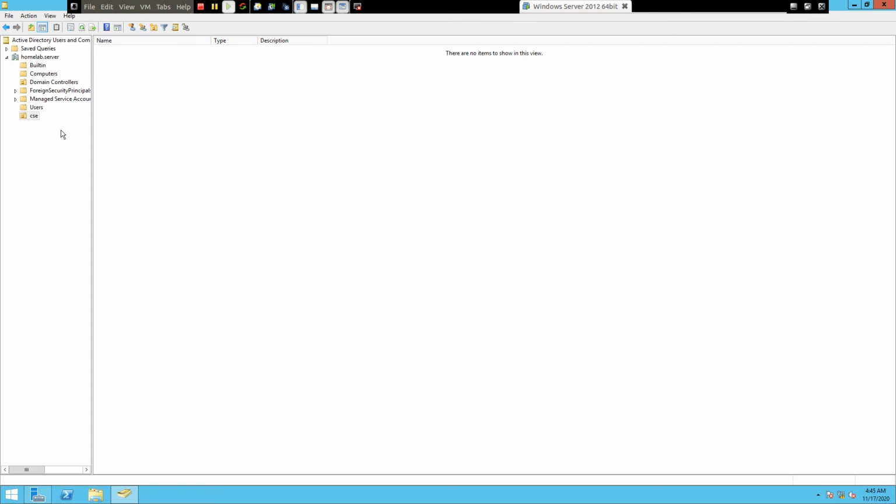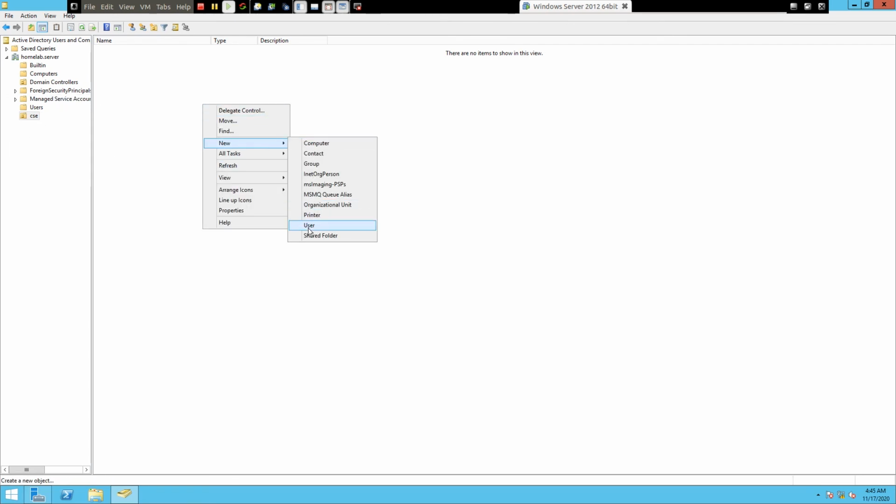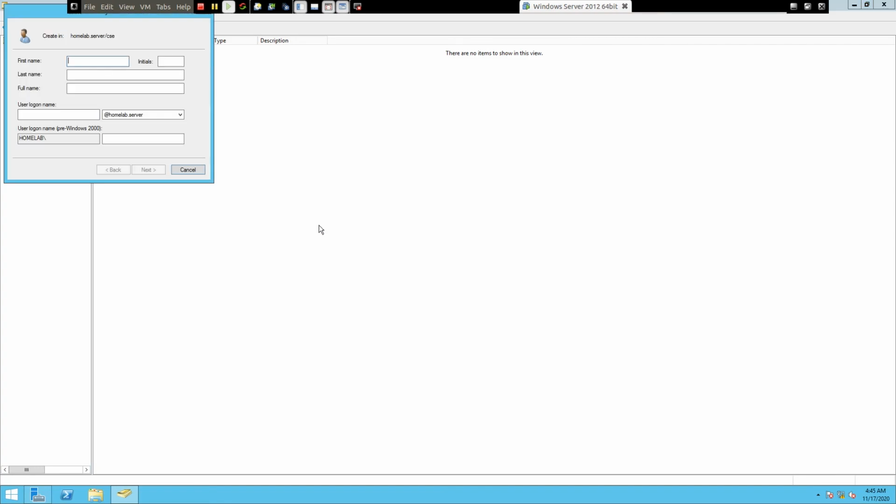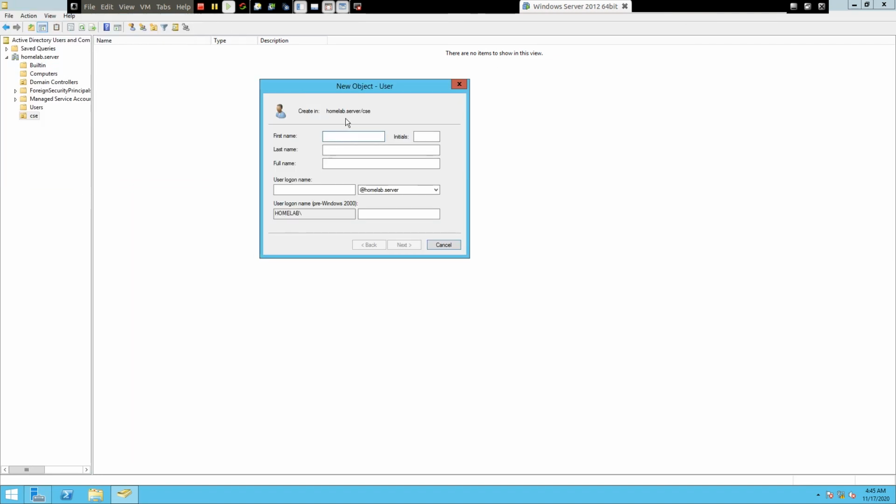Now you can add users to this CSC. Right click on this, click on New, User, and you can create a new computer and so on. Let's create a new user under this CSC. Let's say CSC admin.